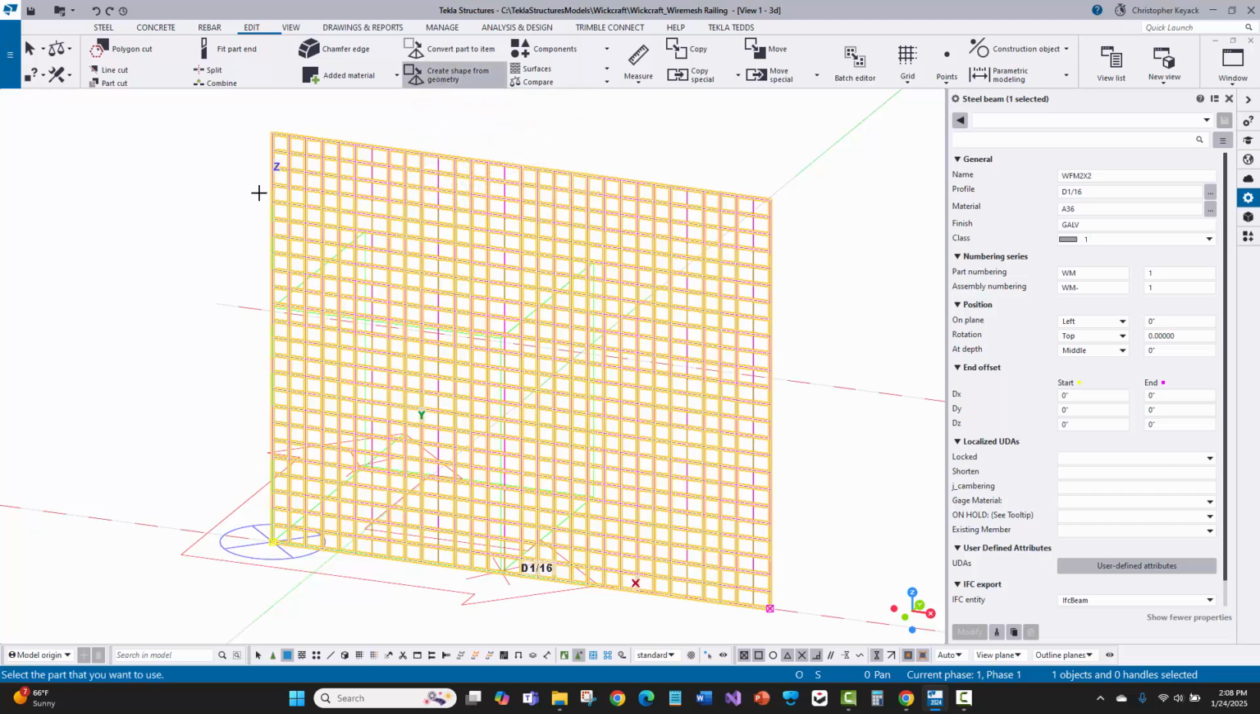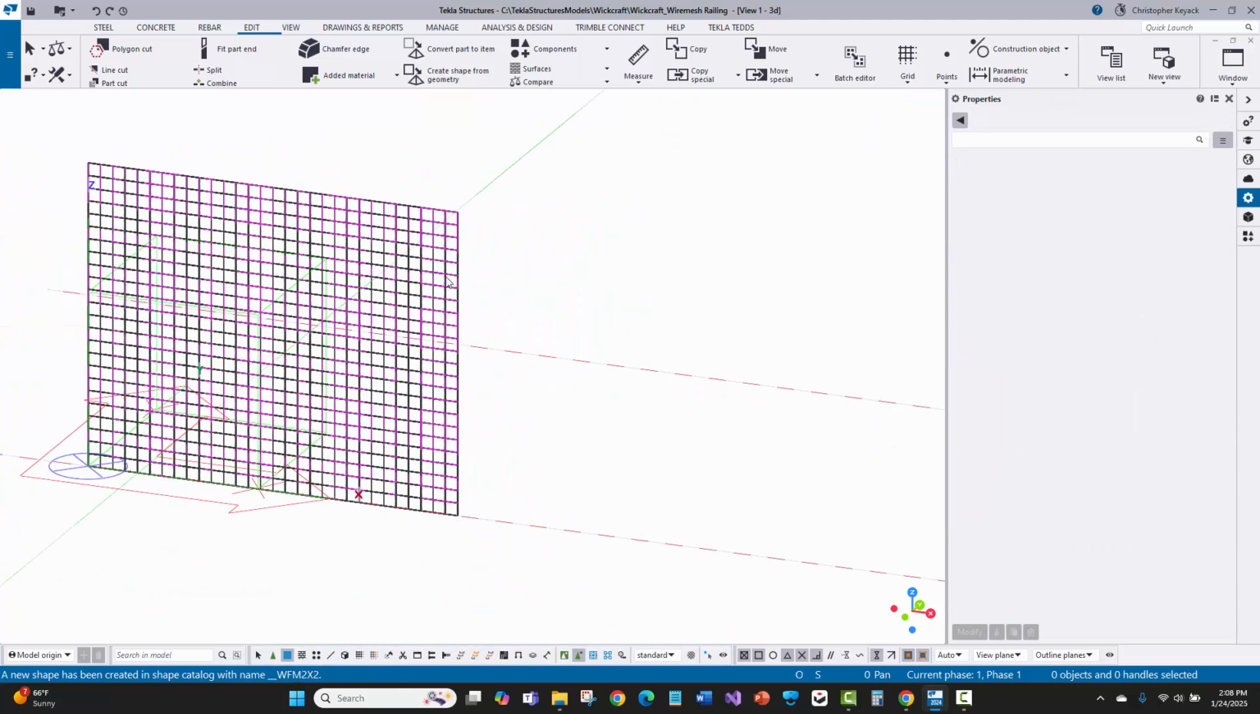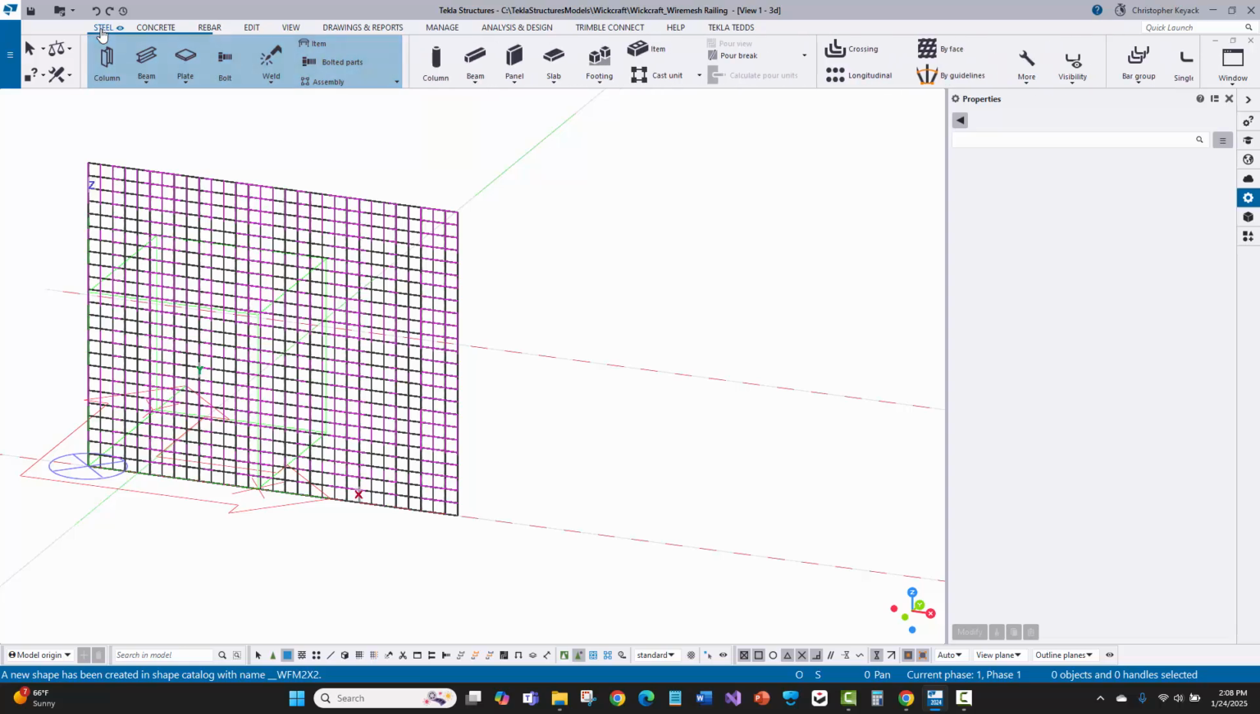So I'm going to choose that, and it says pick on the piece. And then it says here at the lower left, a new shape has been created, and it's got underscore underscore WFM 2x2. Now, what did it do there if you look at the lower left-hand corner? If I actually put one of those in, so if I go back to the steel menu here,